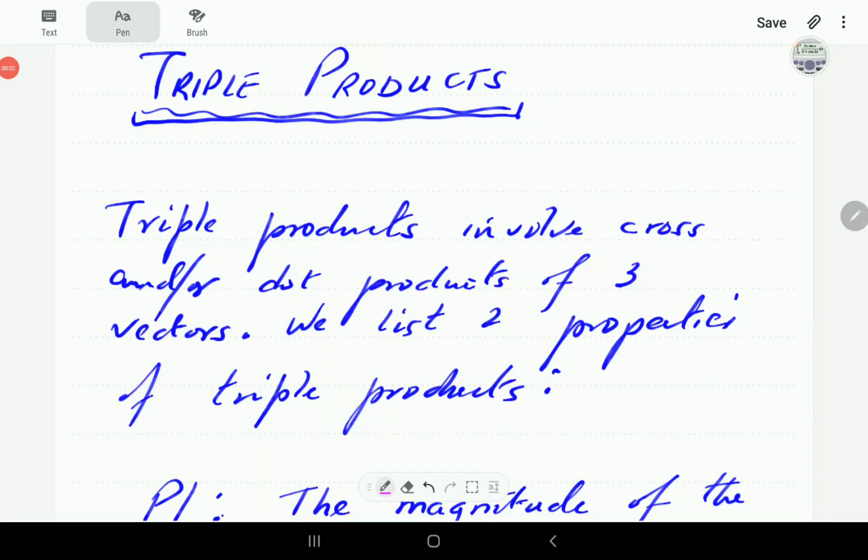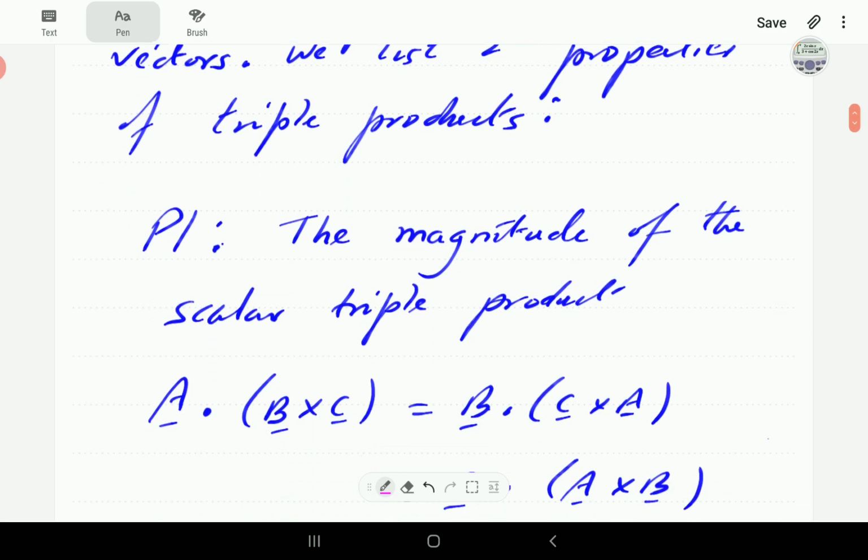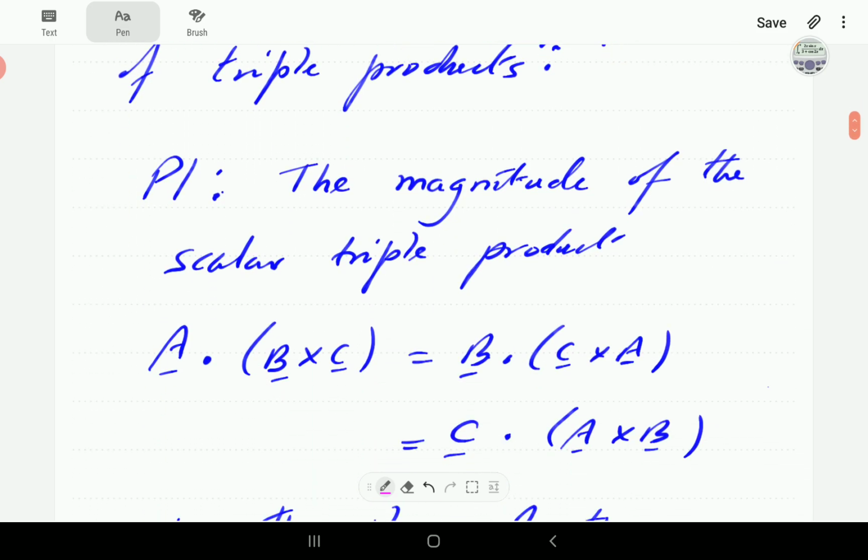Alright, in this video we're going to talk about triple products. A triple product is a product that involves three vectors. So it could be cross or dot products of the involved vectors. Okay, we list two properties. The first one is